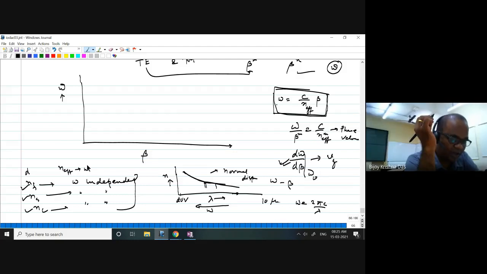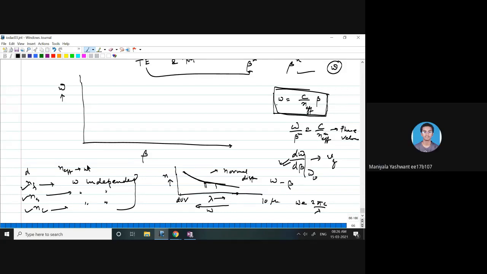What I'm saying is that NF is omega independent, NS is omega independent, NC is omega independent, that is, they are homogeneous media with no refractive index change. That is the assumption. Similarly, the homogeneous substrate medium and the cover medium do not change with frequency. That is a hard assumption I made. Now, with that assumption, can we consider N effective also frequency independent?